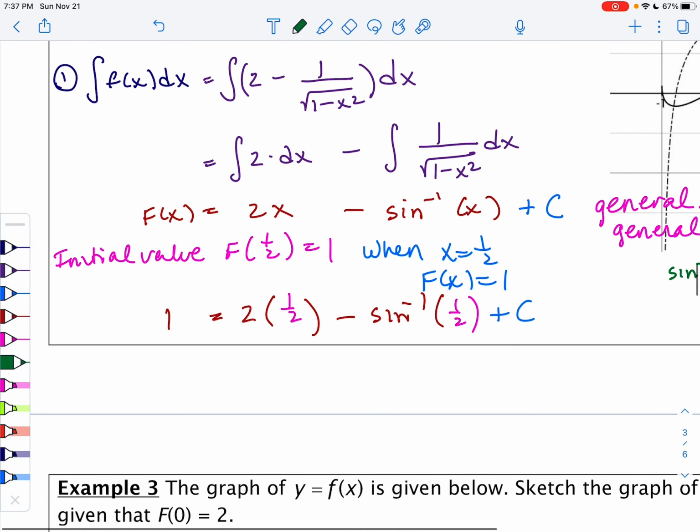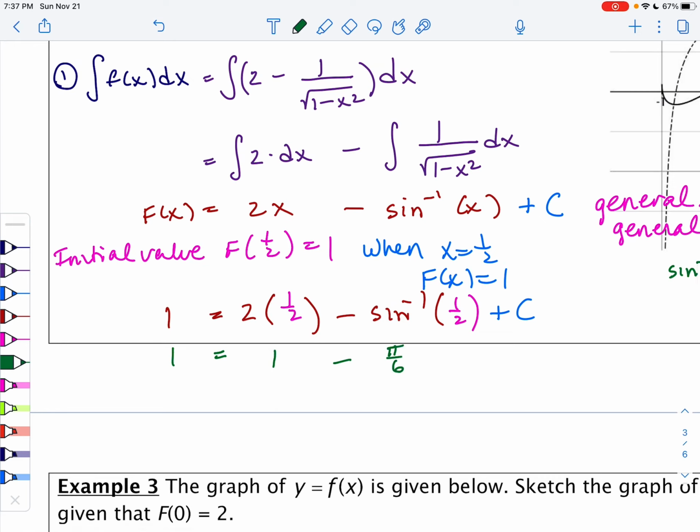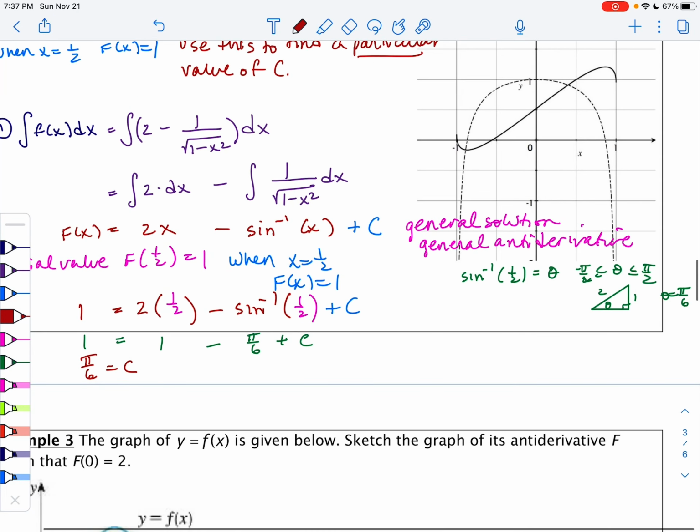So in looking at this, I have 1 equal to 2 times 1/2 is 1. Inverse sine of 1/2 is pi over 6. And so I can tell here that pi over 6 is equal to c. So my particular solution